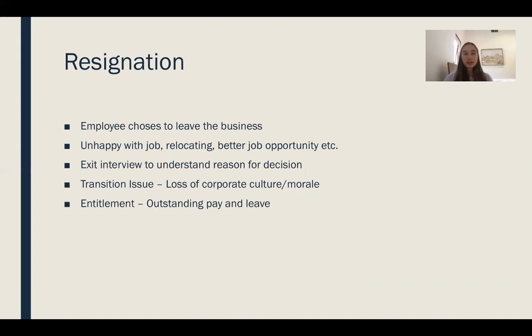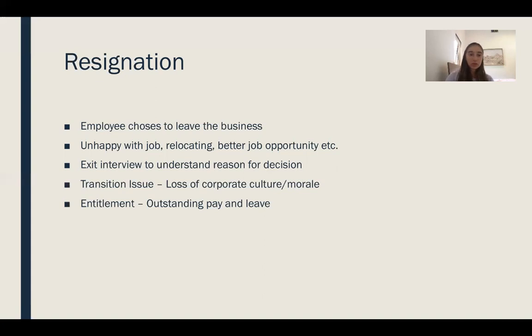In relation to resignation, entitlement issues are things that the business has to legally provide the employee who's leaving. With resignation, it's not very detailed. It's only any outstanding pay and any outstanding annual leave that has accrued. Employees are entitled to four weeks of annual leave every year. If they don't take that, it goes on to the next year. So when they leave, they might be entitled to several weeks of annual leave, and any pay that's owing as well.